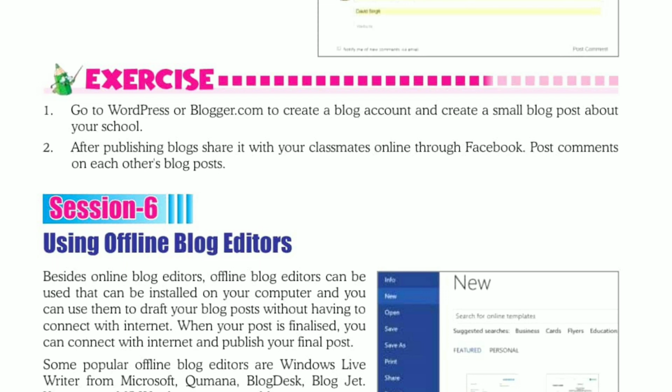Another question is, after publishing blogs, share it with your classmates online through Facebook. Post comments on each other's blog posts. Both these questions are practical based questions. You can do it on your own.